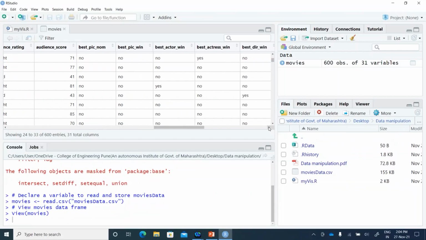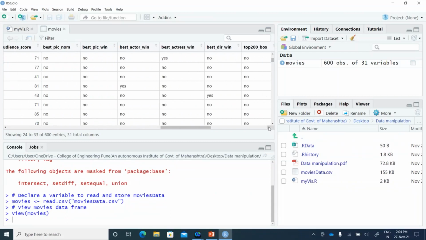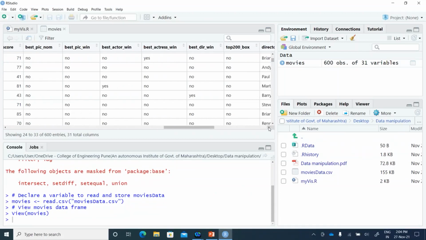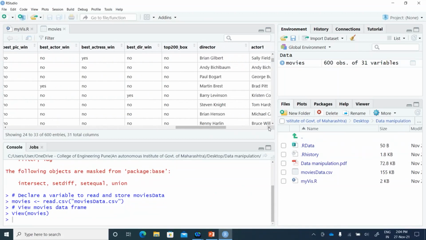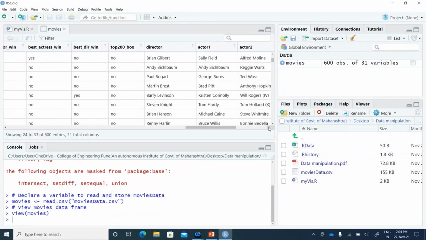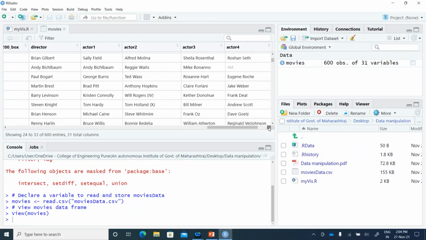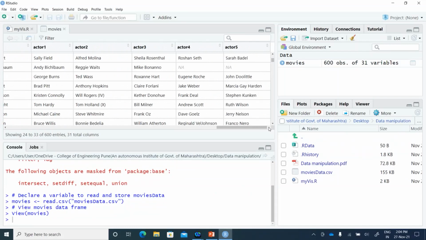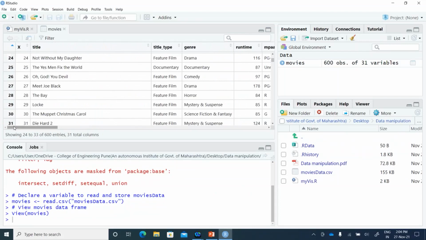Then best actor, whether the best actor award has gone to that movie, best actress, best director, then whether it was in the top 200 movies probably of that year, who are the directors, actors in that movie, and so on. So such 31 columns are there. So it's a huge data frame having data of around 600 movies.